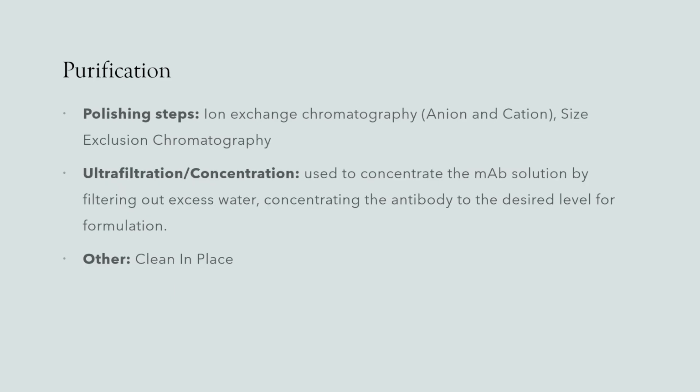And then you do your polishing steps, which will be ion exchange chromatography, which could be anionic or cationic exchange. Anion exchange or ion exchange chromatography separates your protein based on charge, not on size. Size exclusion chromatography separates your components based on size. So you get aggregates, you might get dimerized antibodies. These have different molecular sizes and molecular conformations, and they can be separated by size exclusion chromatography,